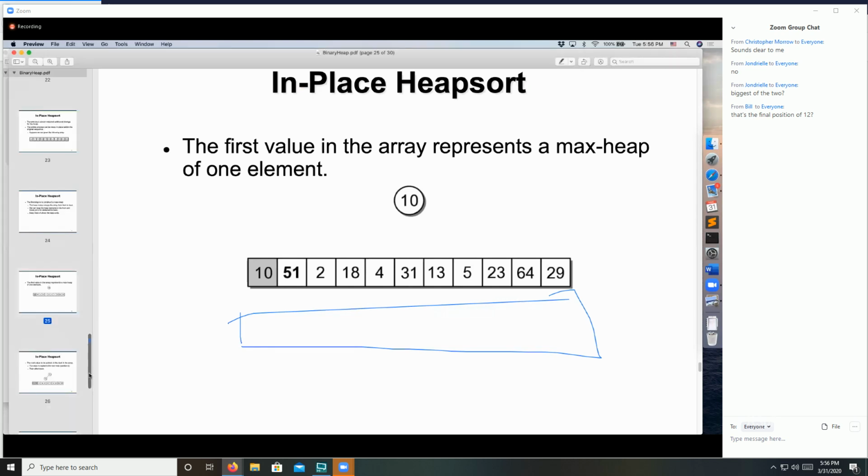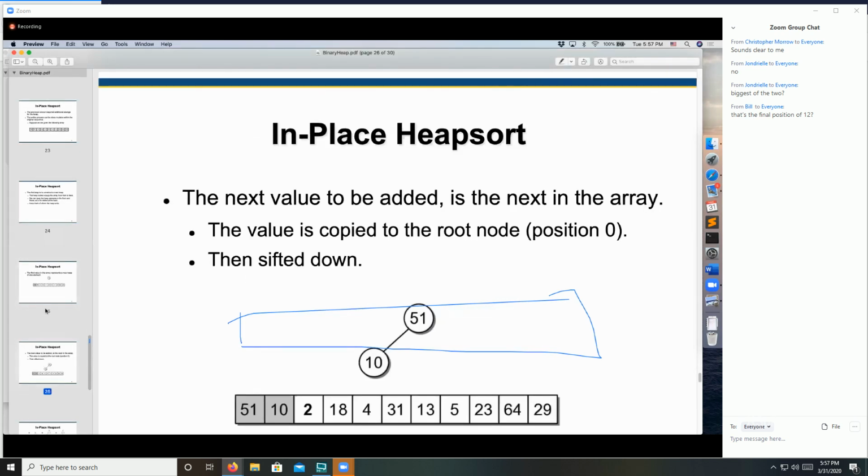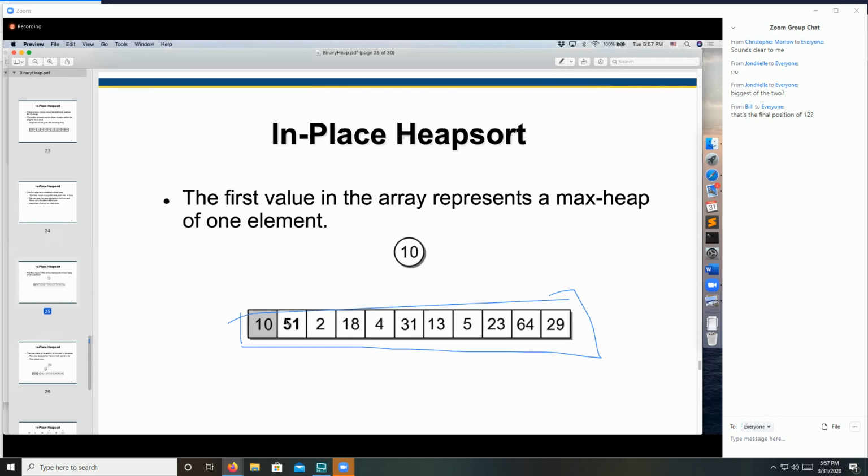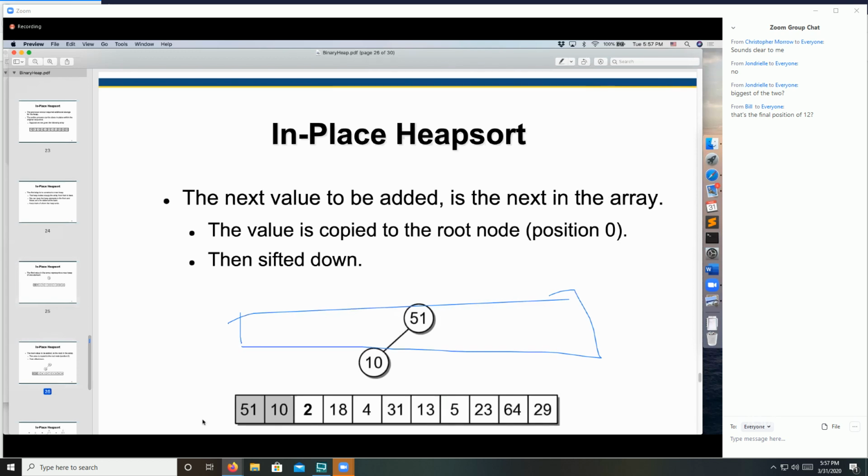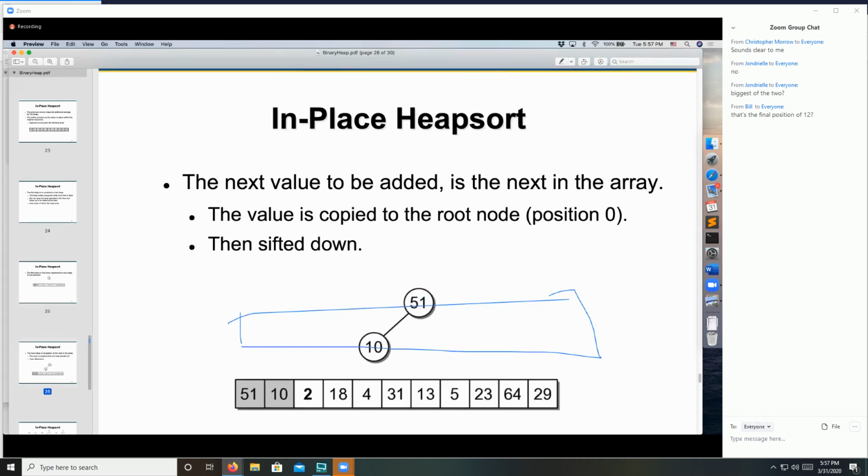Moving forward, the next data in my list was 51. However, when you are building this tree, the location of the values in your array will change. When I first started, this was the first data that I received, my raw, unprocessed data: 10, 15, and so on. In the next slide, when I am trying to build this heap,